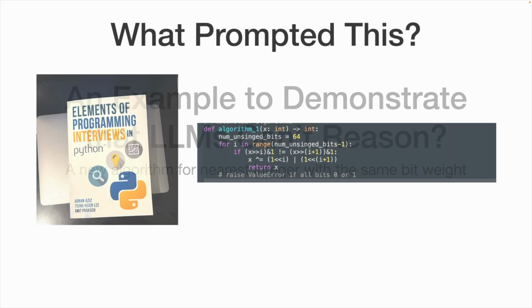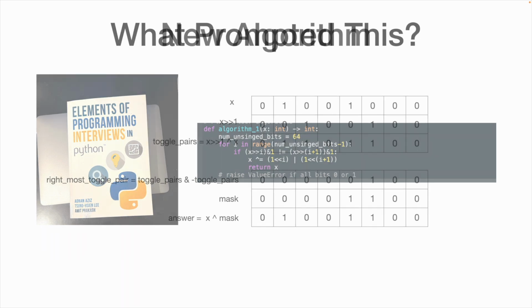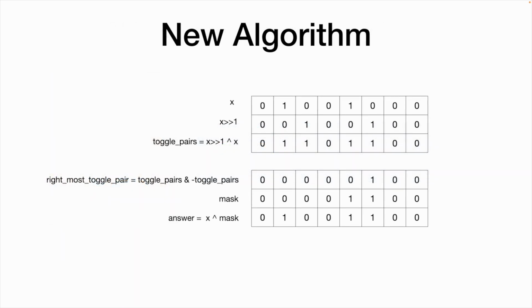Let's see. I was reading the book Elements of Programming Interviews in Python when I stumbled upon a piece of code to find the closest integer with the same bit count. This is the code provided in the book, as you see here. Then the book asks the readers to come up with other variants of the algorithm. So I spent some time on it and developed